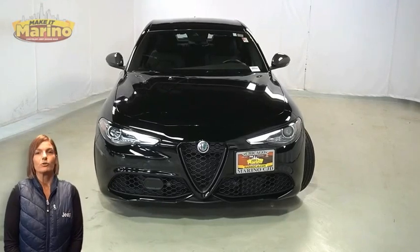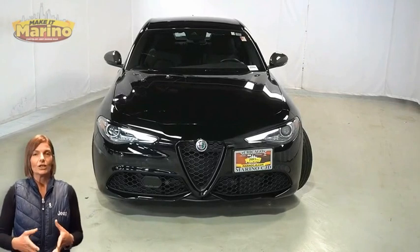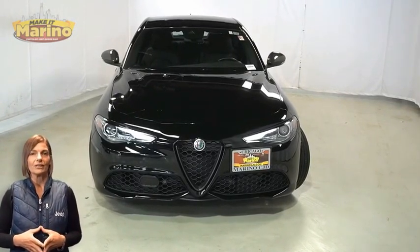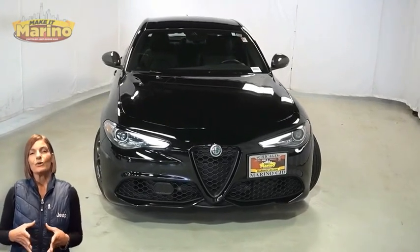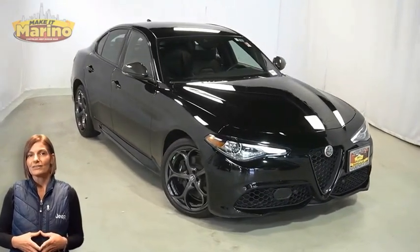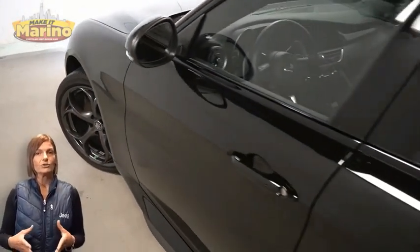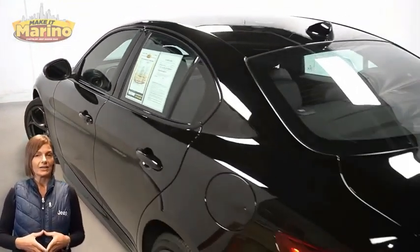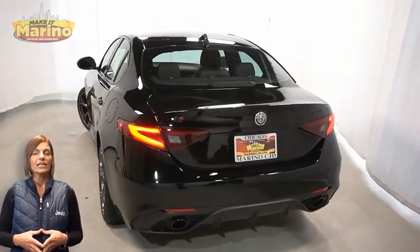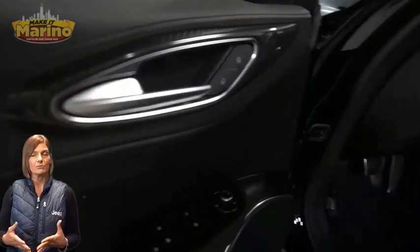Have you been looking for a performance sedan with styling that won't break the bank? We'll take a look at this 2020 Alfa Romeo Giulia TI Sport Carbon in Alpha Black. With bi-xenon HID headlamps, front fog lamps, 19-inch aluminum wheels, gloss black calipers with white script, active blind spot assist, dark exhaust tips, heated front seats, heated steering wheel, only 8,000 miles on the odometer,